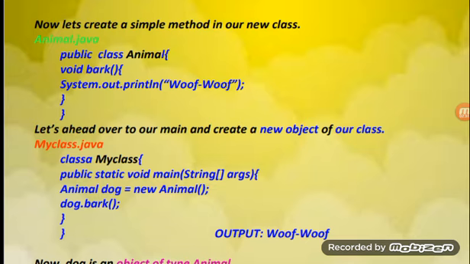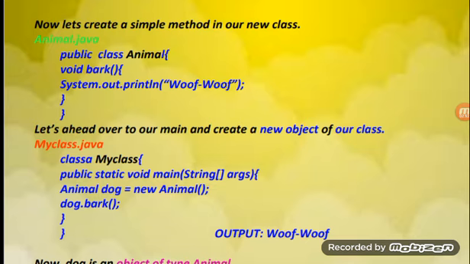Animal dog is equal to new Animal. It will be an instance variable. Whenever we are using dog, it is assigned a new Animal. In this sentence we are taking an instance of a class.